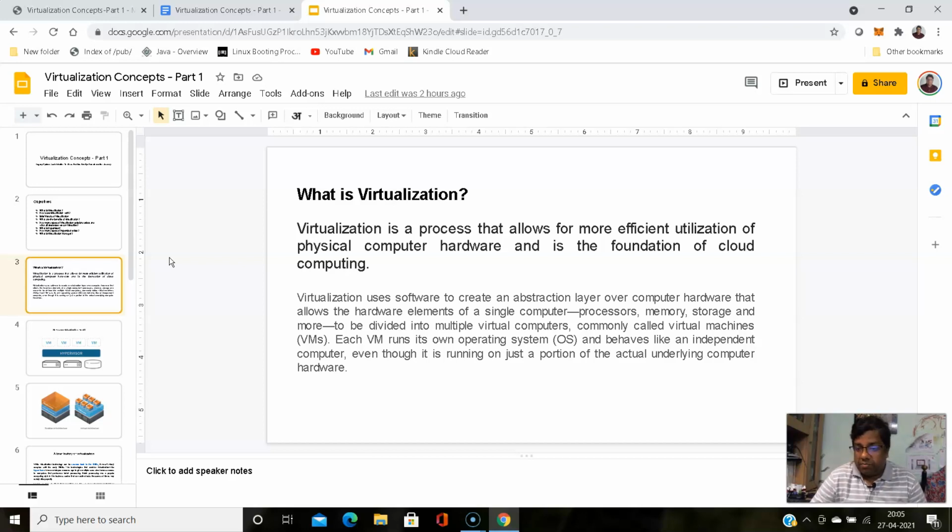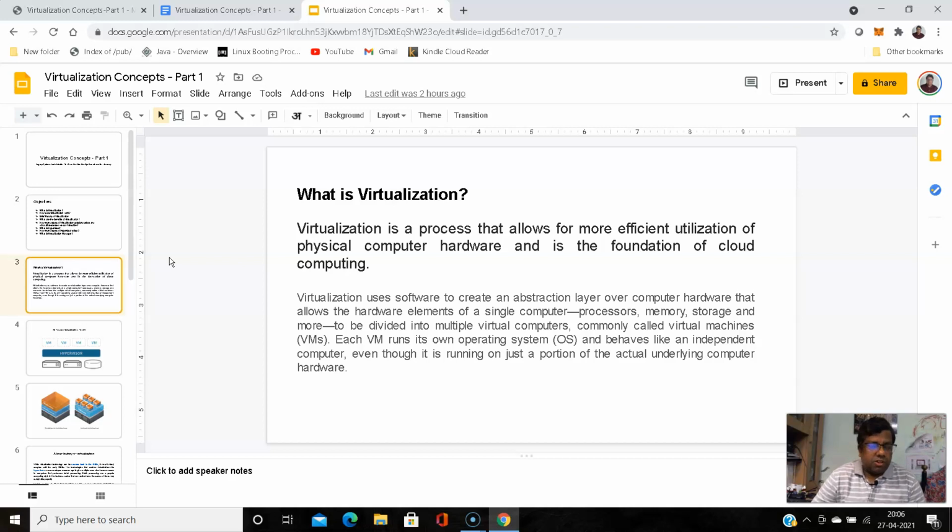So what does that mean? If you take into consideration a physical computer or a server, what are the main components of a physical box? CPU, memory, storage, then graphical user interface, console, network interfaces.